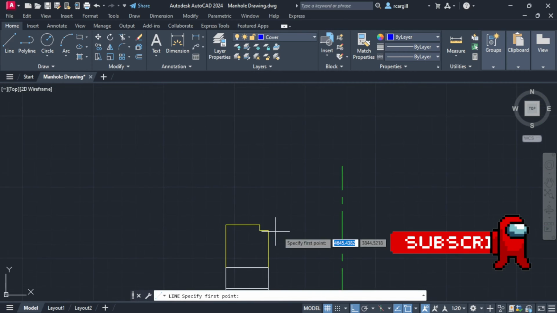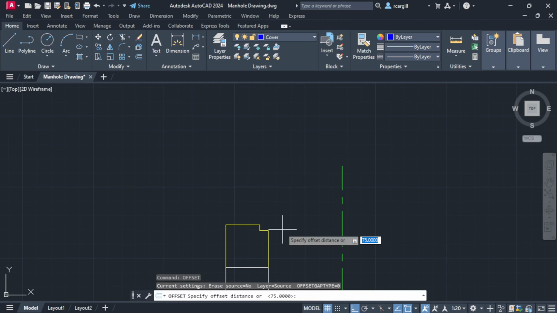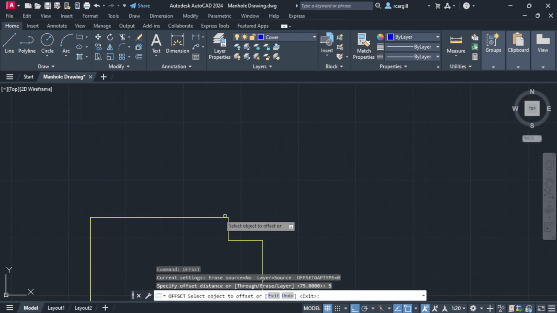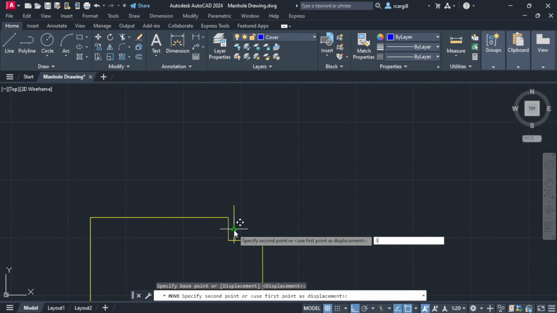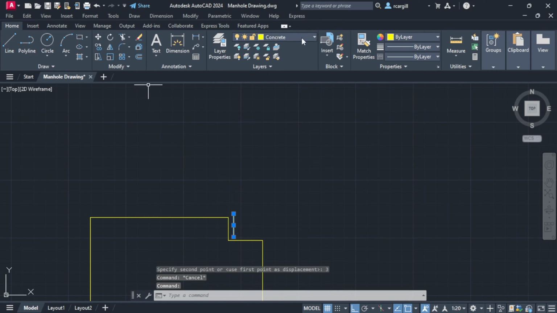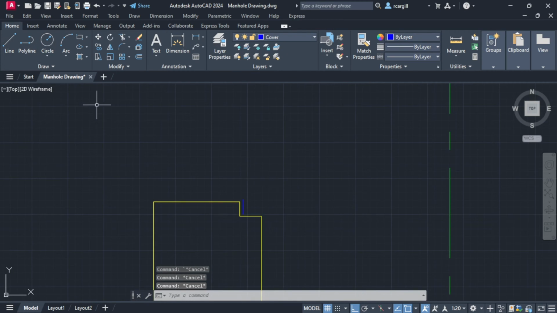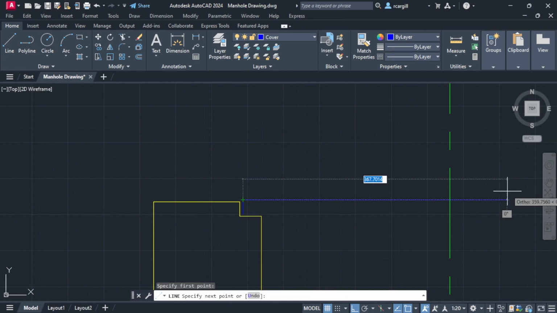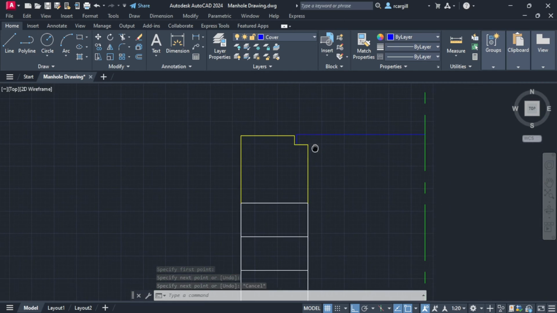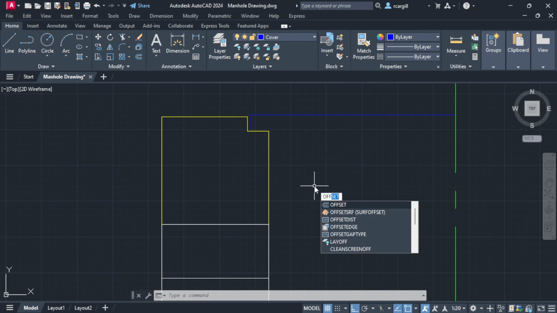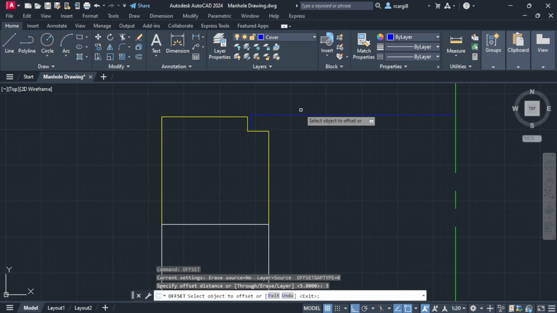So for this now, what we're going to do is offset. We're going to leave a little bit, so we're going to offset by about 5 millimeters. We're going to bring this out by about 5 and then we're going to move it up by about 3 millimeters. So now I'm going to change this to the cover layer. All right, good. So then now I'm going to draw a line here. This line is going to come all the way over to here. And then now I'm going to offset by 3 like this,